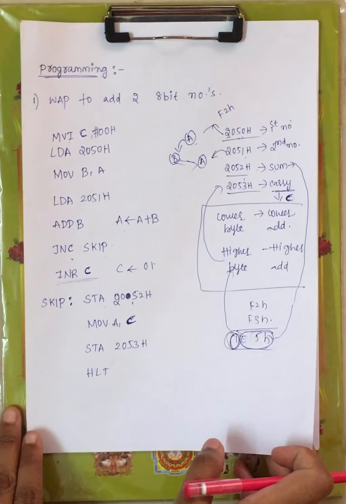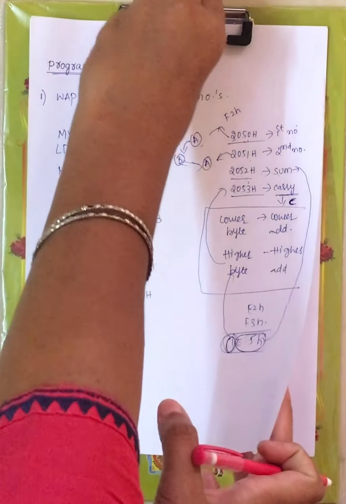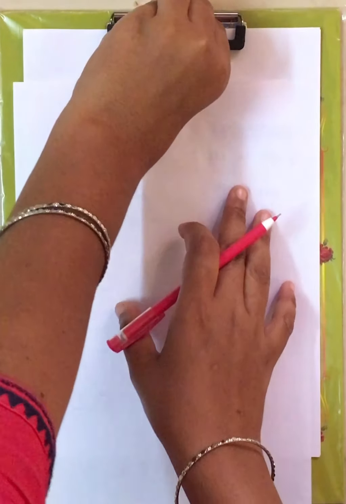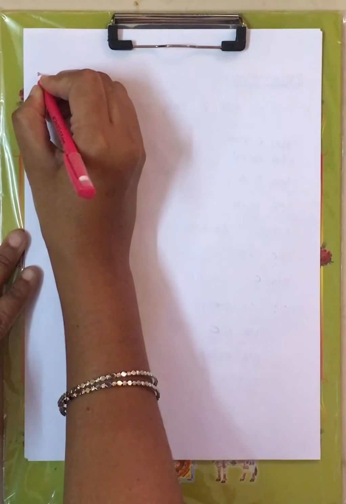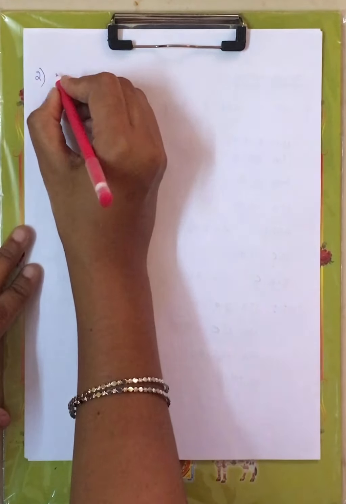Now after subtraction you have to write it, right? Write an assembly language program to subtract two 8-bit numbers, that I will give you as an assignment, right? Addition we have seen in the same manner. Subtraction you have to write the programming part, that I will give you as an assignment, right? Now what is the next arithmetic operation? We have multiplication, right? Now second is your multiplication, right?